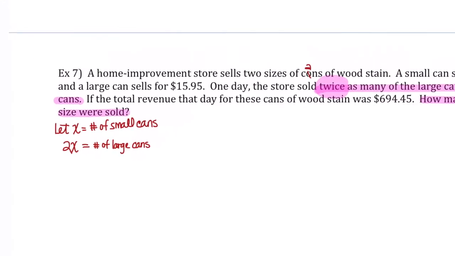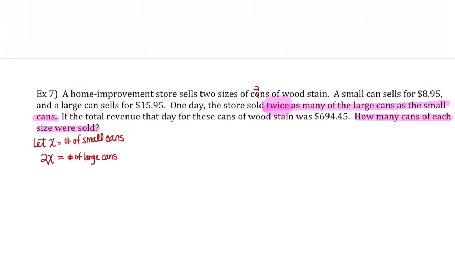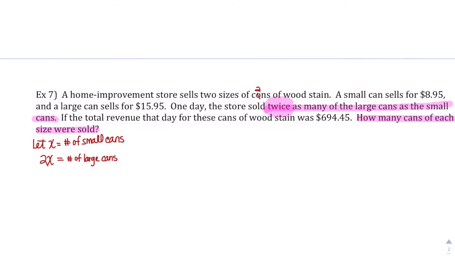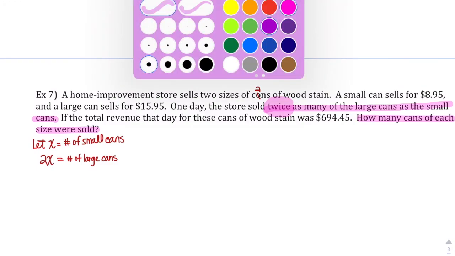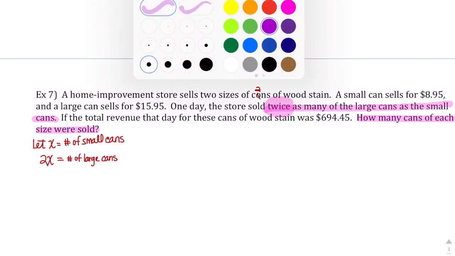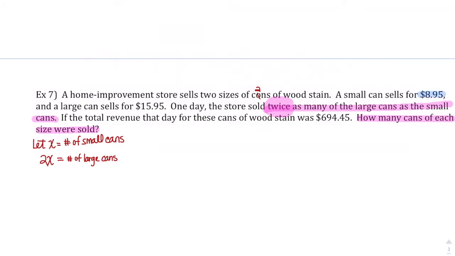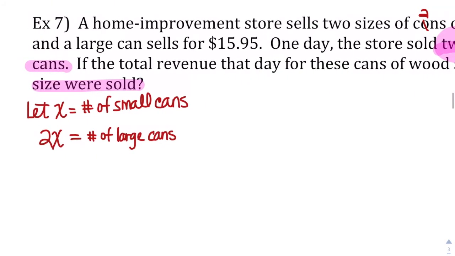The small can is $8.95 right here. That's the small. So my small amount of cans is going to be $8.95